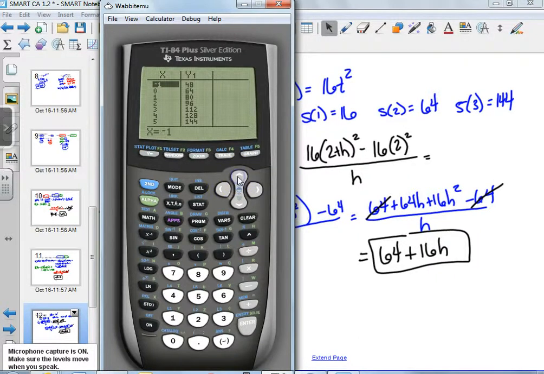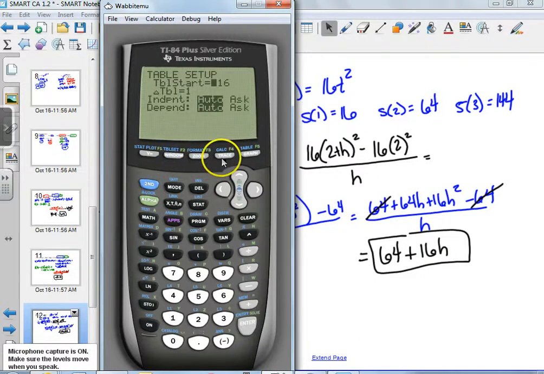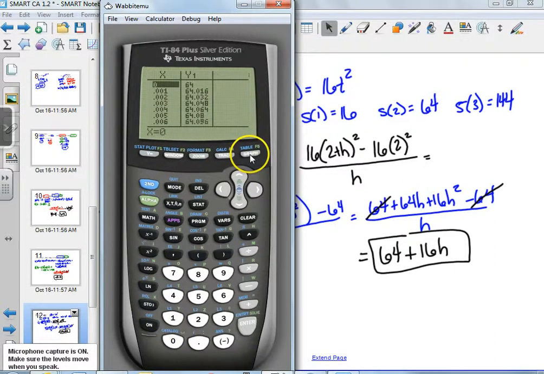As the numbers get smaller and smaller, oh, you know what? Time out. I lied. I want to start at 0. I don't want the table to count by really tiny numbers, maybe. Let's do this. I have a feeling I'm just going to have to suck it up and enter numbers. Okay, so